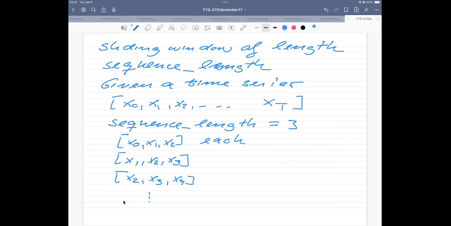And what you're seeing now is that when you do the training, it means that the next sequence contains data from the previous sequence. In that way, you keep information about the memory from previous time steps.